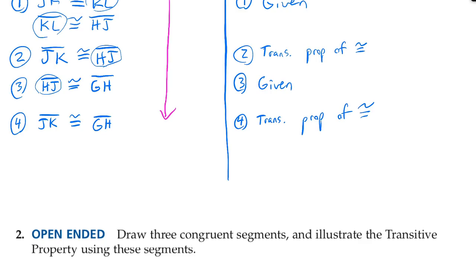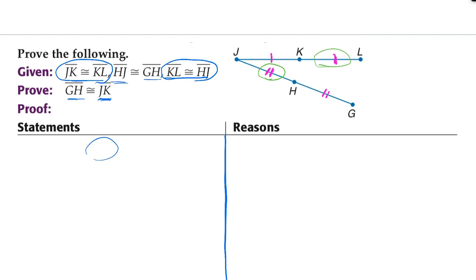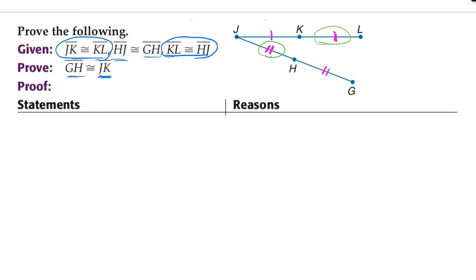Before we go on, I'm going to pull up and make a new page here. Okay, now I'm going to do that same proof on this other page. So I'm going to copy this problem, and on this blank page here, I'm going to paste it, okay? So let's do the same problem, but in a flowchart proof, a 2-dimensional proof. So what we do in this proof instead is we put the statements in a box, and we say,